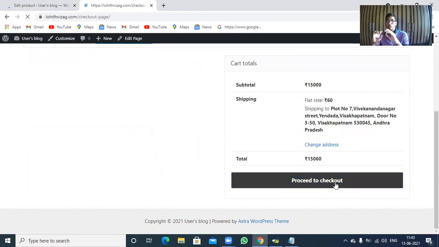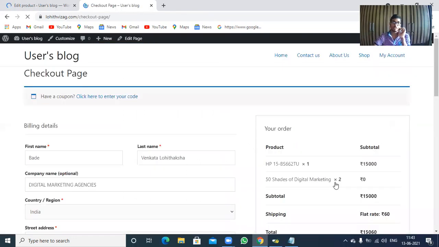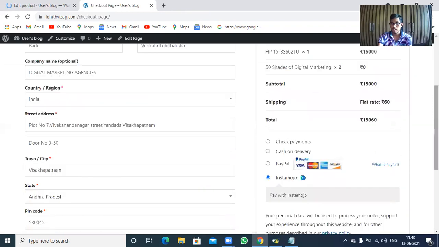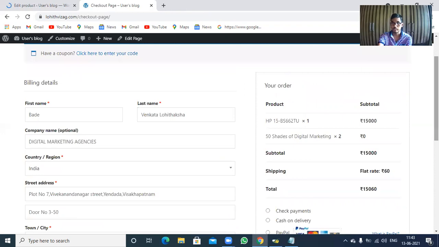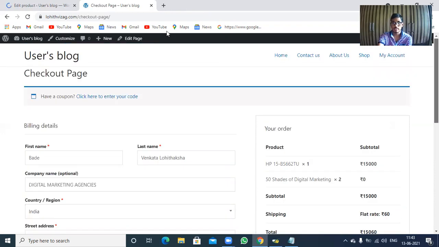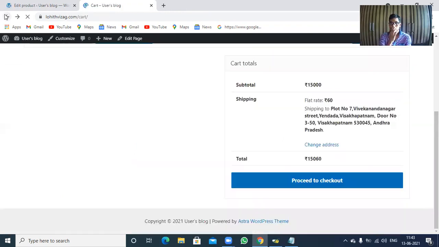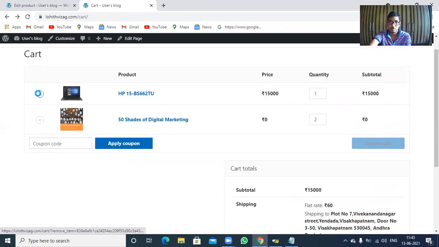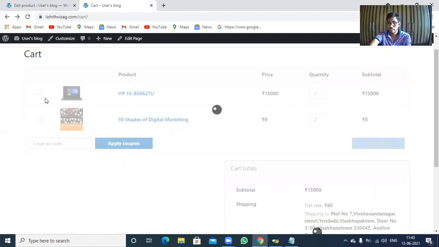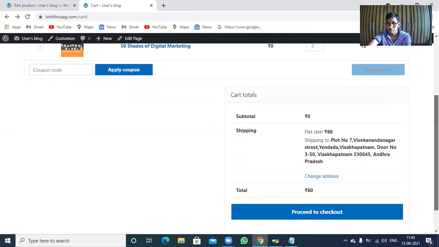And before you click proceed to checkout, you have to enter all those details, your details itself. So first of all, let us see, for example, this was the example that I am going to show you here itself only. Again, I'm going back to this product itself. Okay, let's see. Now I am going to delete this product, the HP laptop itself. So let us click on this.